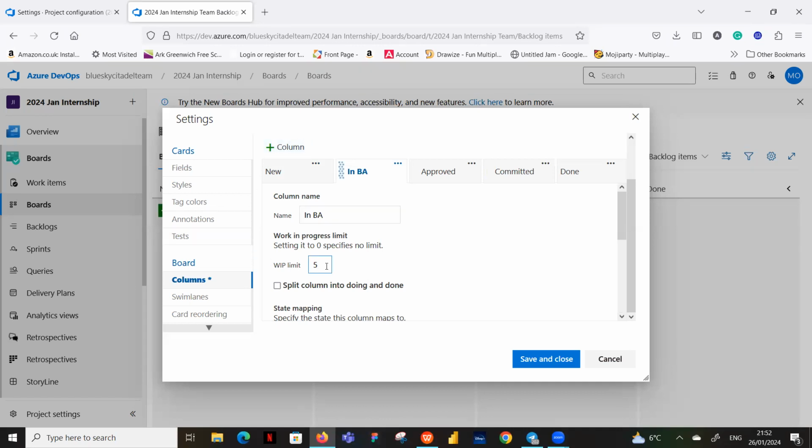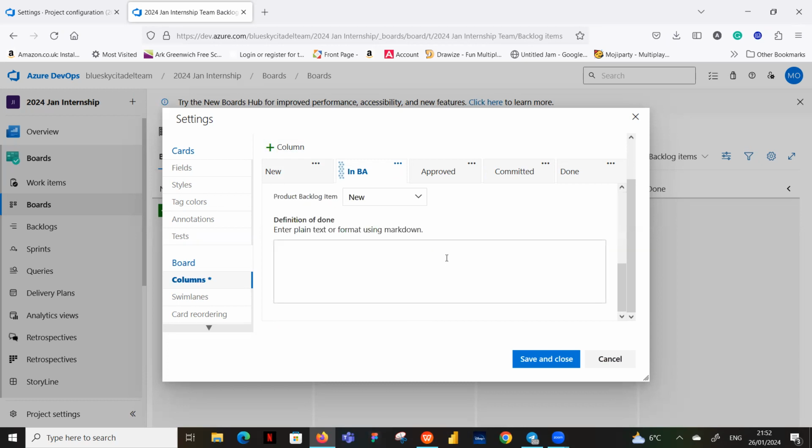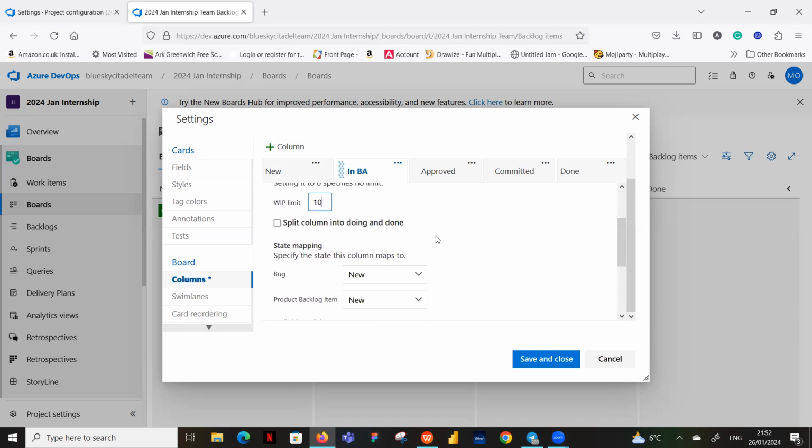Again, our work in progress limit, we want to increase it to 10. We don't want to split it. We want it to be the only thing there. Now, what we've just gone to do on the project setting is because we want to be able to say that when our story is in the BA column, it's still new. The BAs don't create bugs anyway. The QA is the only one that creates bugs. So the bugs might not find their way into a BA column. But what we were saying is we want the product backlog item, which we configured, to still be new